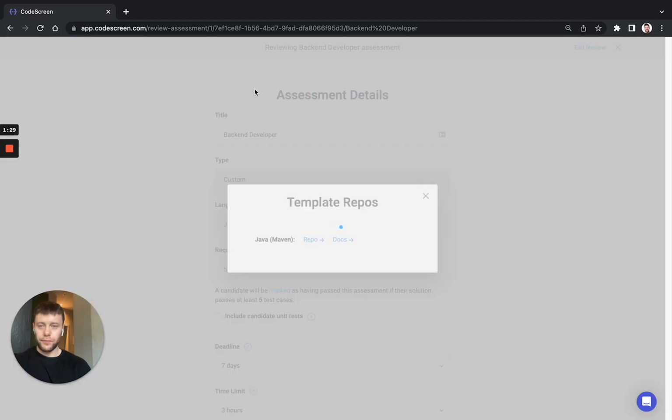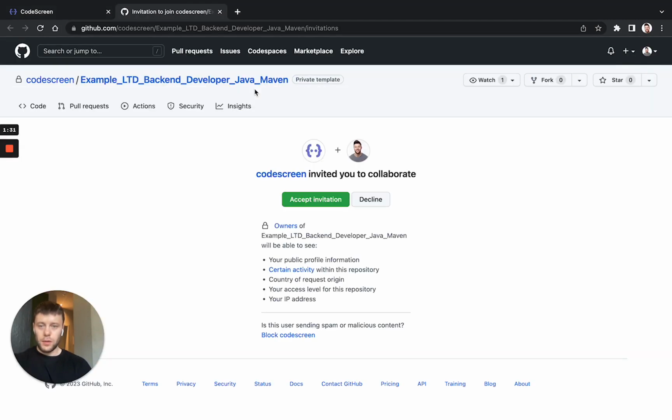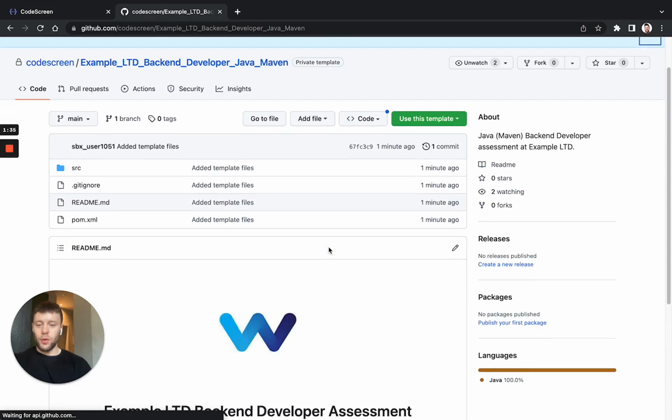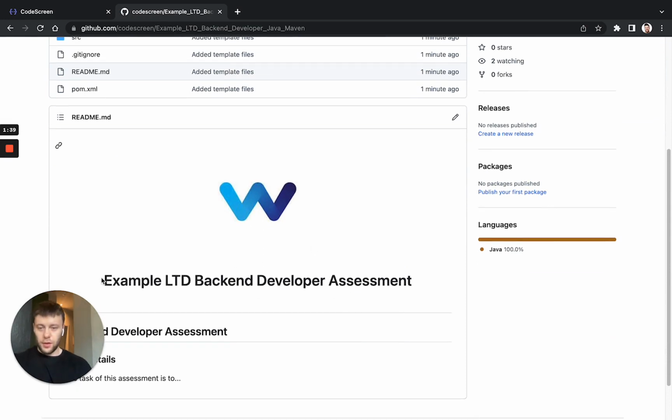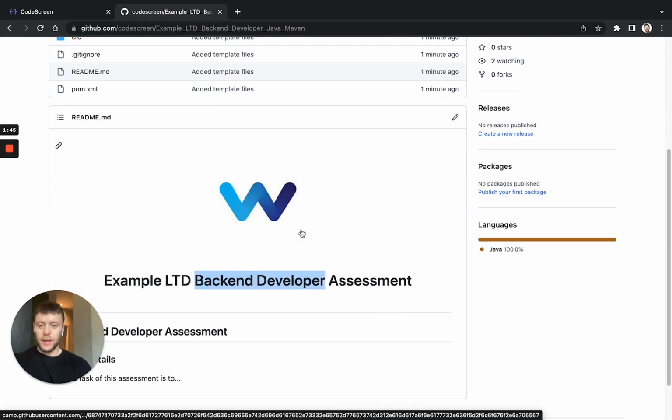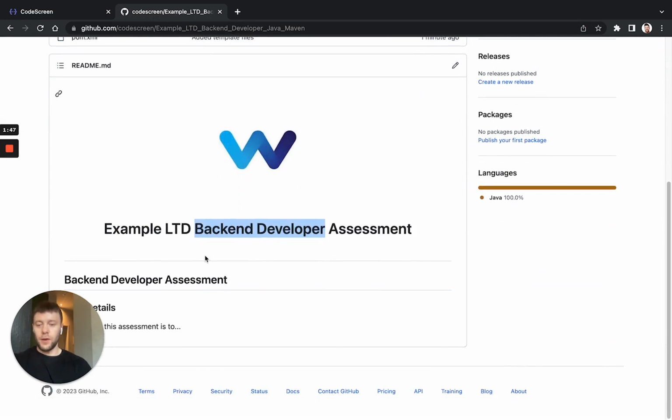So if I click this repo link, that will bring me in here. I will accept my invite. And this repo will then contain, first of all, in the README, your company name. It will contain the name of the assessment. Your logo will be displayed here,